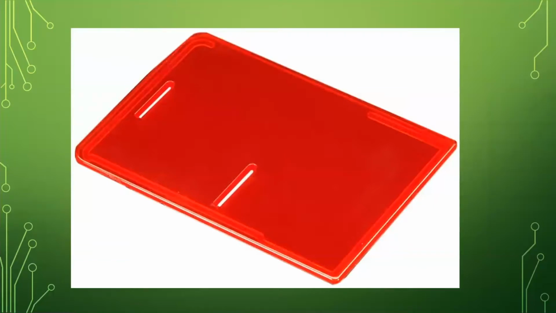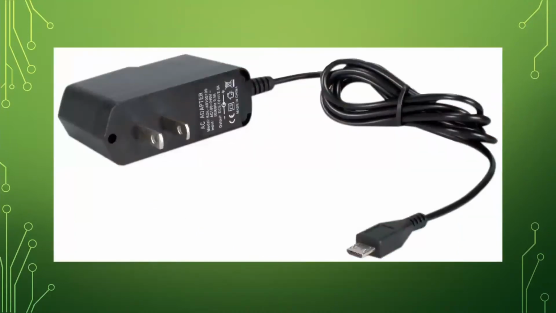There are other cases available in metal, in wood. There are open cases. There are covers with holes for other things. They have a display that can plug into the GPIO pins and then provide some visual output. And the Pi case supports that, but I do not have that feature on mine. So I had to buy the Pi and the case. I also bought their recommended charger, which is a 2.5 amp unit, and you can see the micro USB